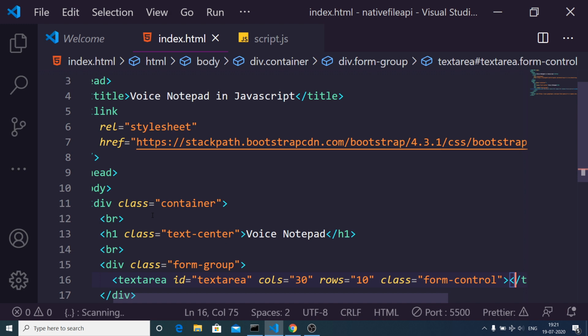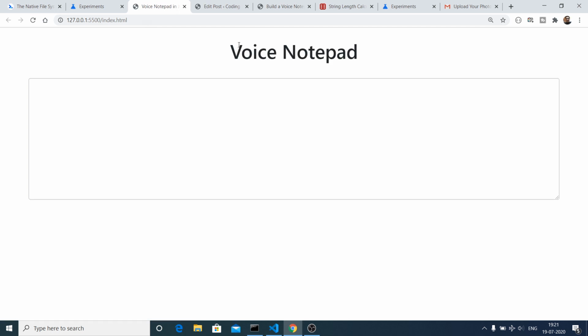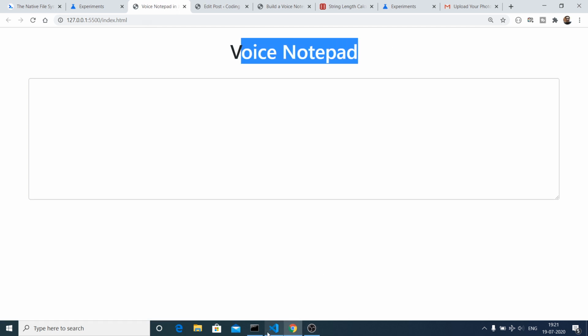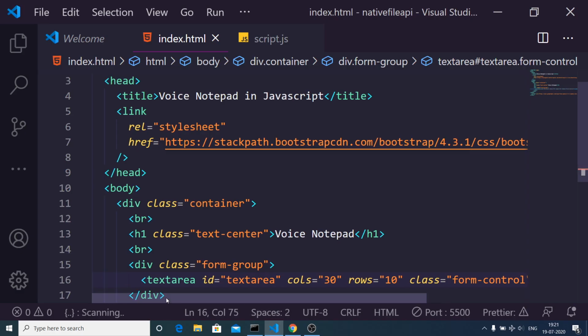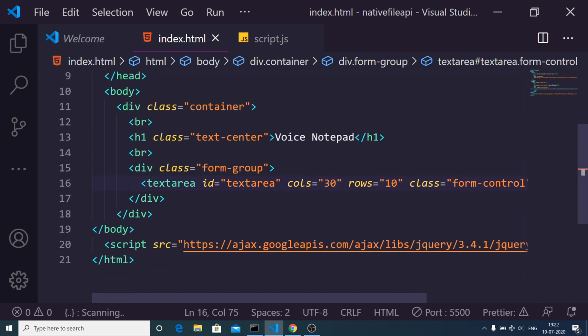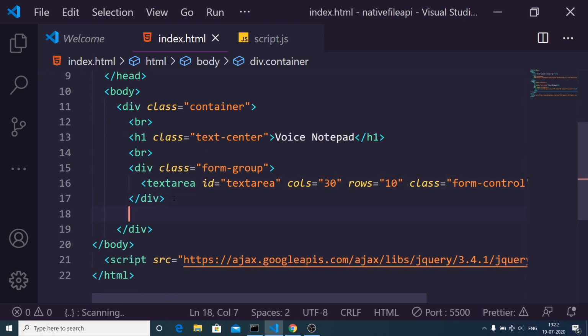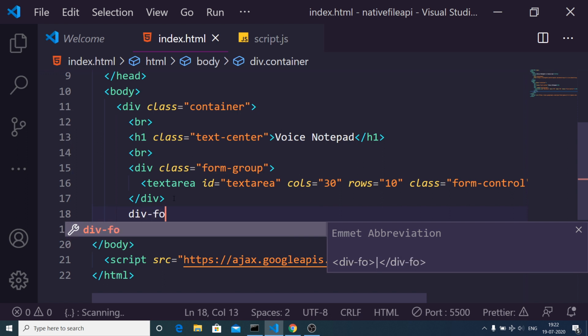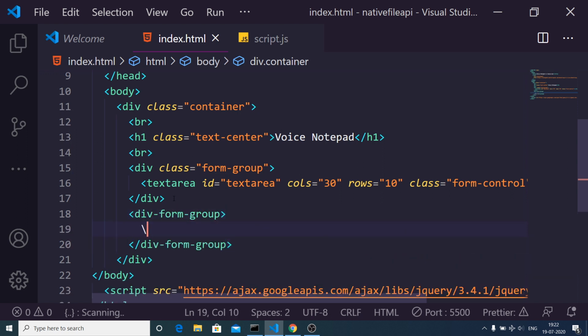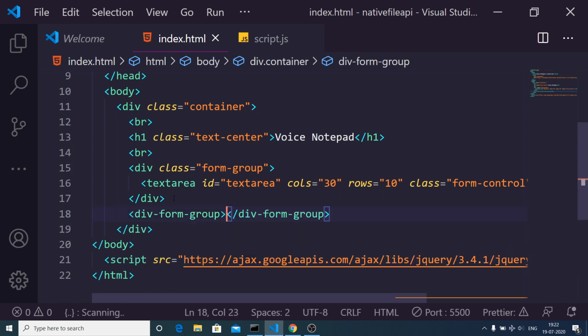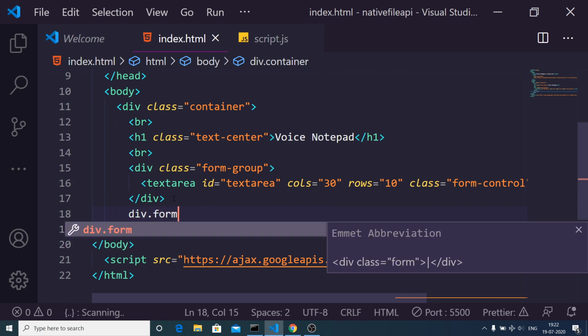and that's it. If I just refresh the application, you will see a text area alongside the heading. Now we just want 4 options, specifically start recording. So this will be simply a div form-group.